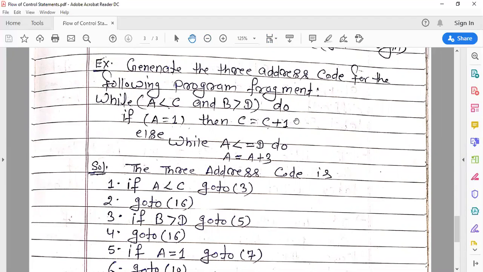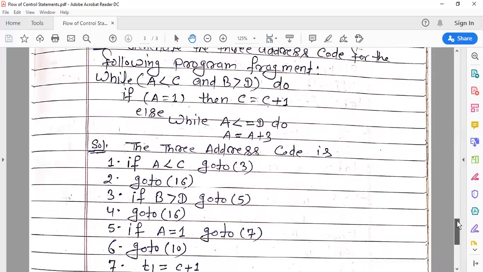In this code, you can see this is the while do statement, and inside the while do statement we have an if else, and inside the else we have again a while do statement. So first you analyze this statement.